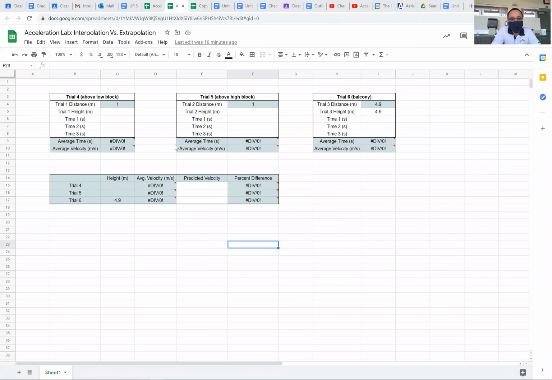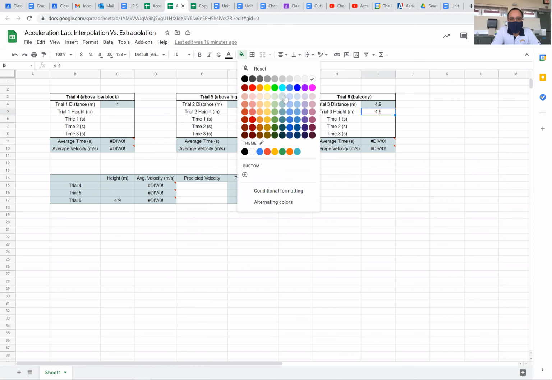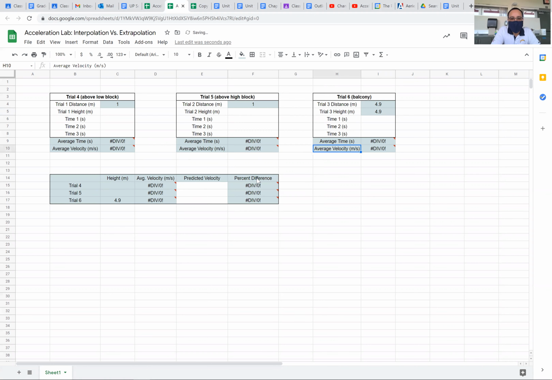And I'll go ahead and color this guy. This guy needs to be colored so that you will know not to adjust him. But once you've added your data here and here and here, then this table will auto-populate, okay,